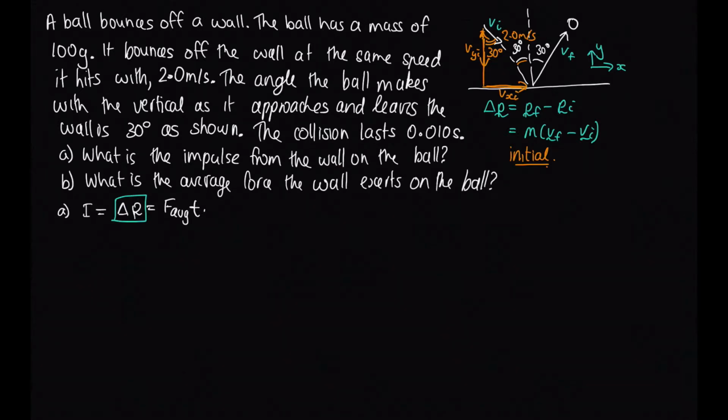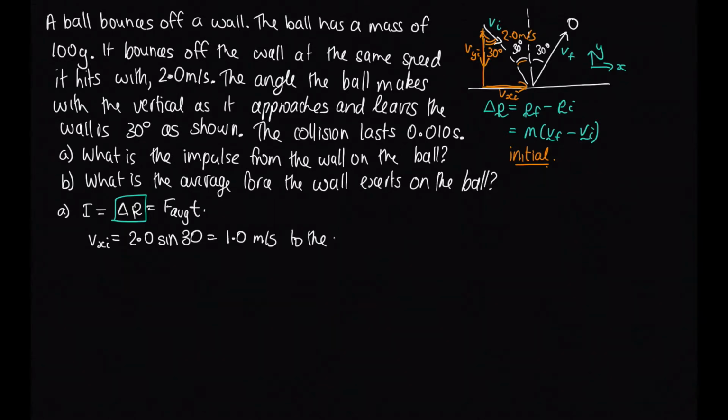So Vx initial is going to be equal to, because it's opposite this angle, V, which is 2 times sine of 30, and 2 sine 30 is equal to 1 meter per second